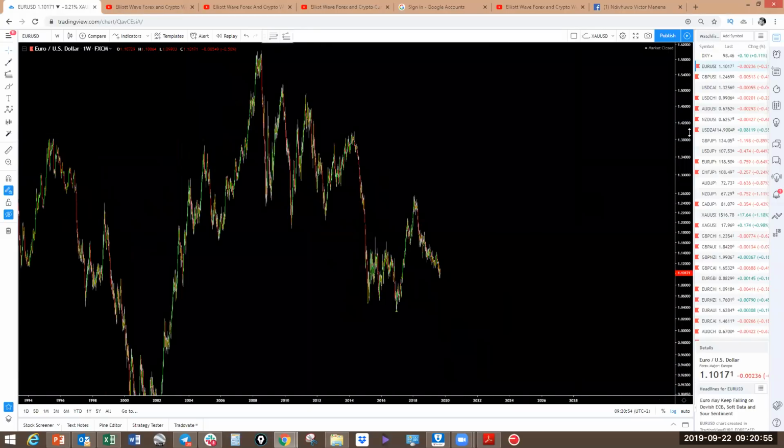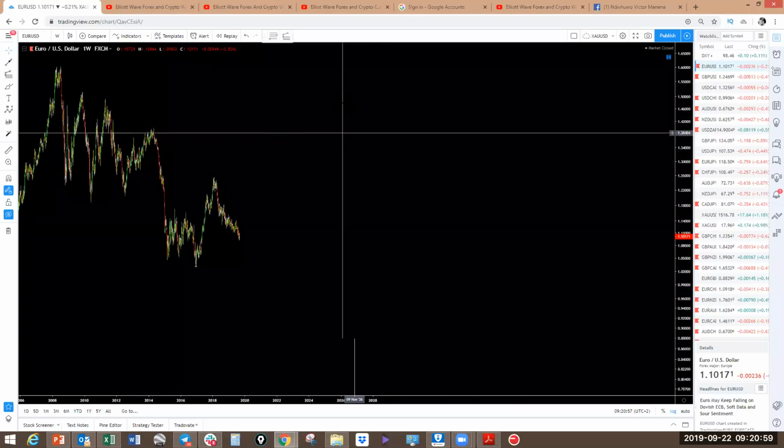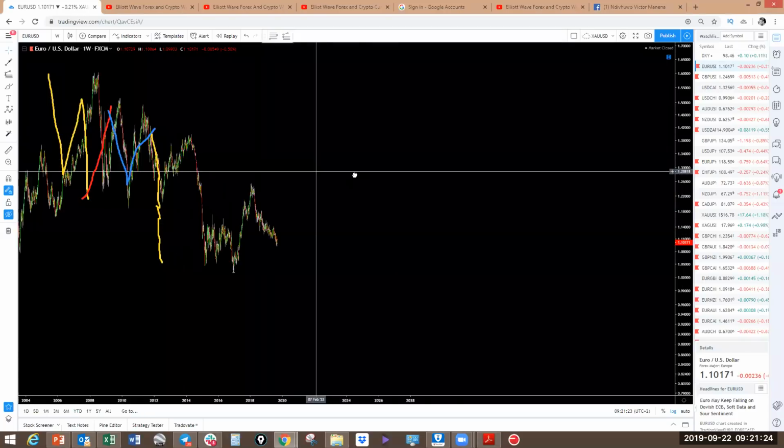Let's look at all these patterns. About 3 exactly similar patterns on Euro US dollar. So you've got a weekly pattern that does this 1, 2, 3 here. You've got a pullback in red. I've done this a couple of times. Some of you are already getting tired of this. So we've got that pullback and we've got this one. And after this blue, I expect the move to continue lower like this. Let's do this. We expect this to go lower. And that's what we have. That is the first move. Second one